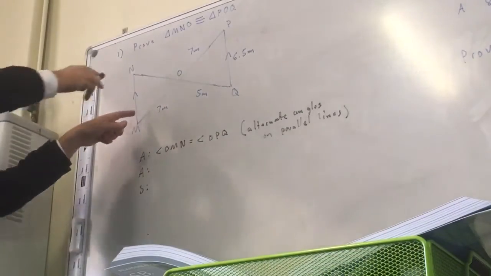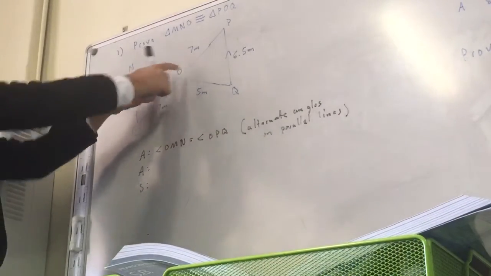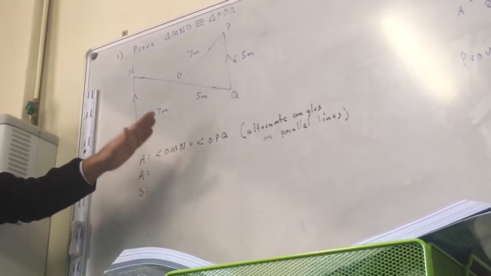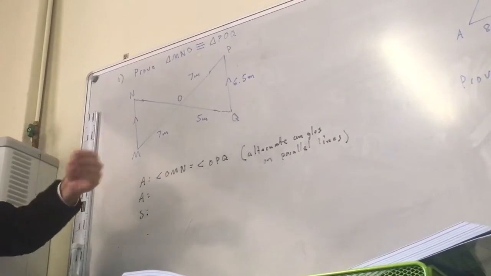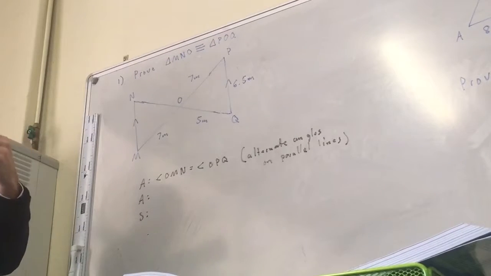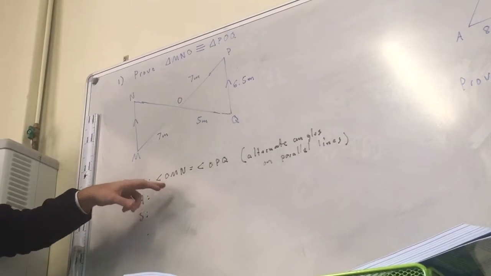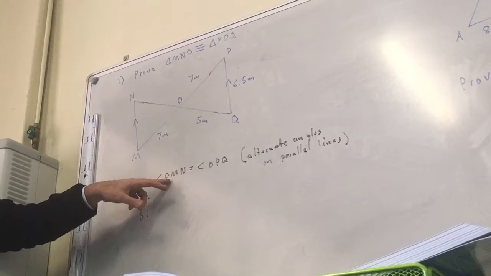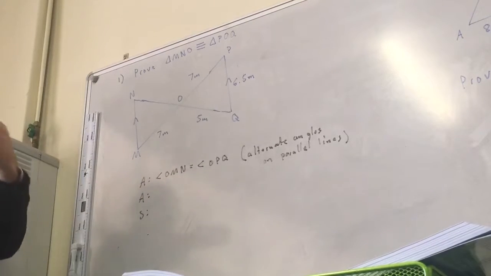No, they're alternate. So they're the Z angles, aren't they? These are vertically opposite. Guys, it can help with these, and this is something that I reckon is good to get the habit of early, doing this now. I've just been through this with the Year 12s, and one of the issues that people have, and I want to try and change this habit now rather than later as well,